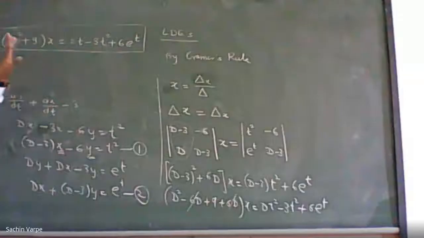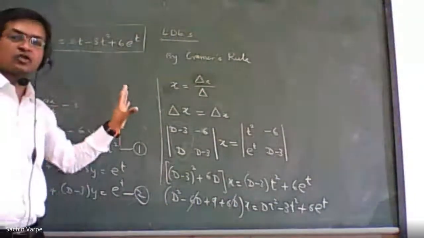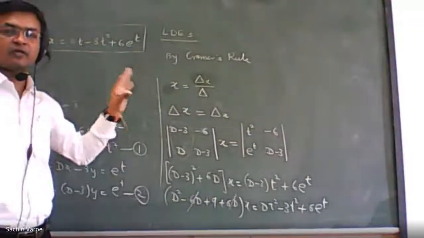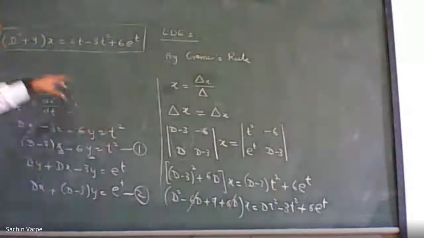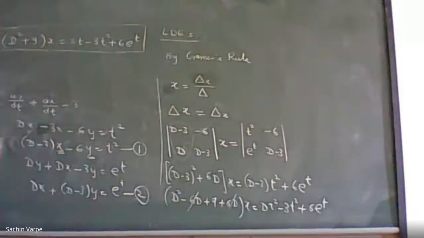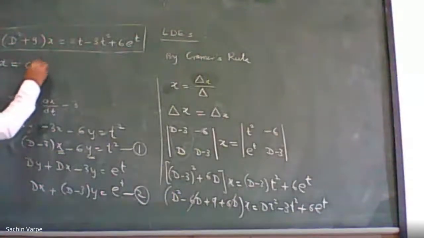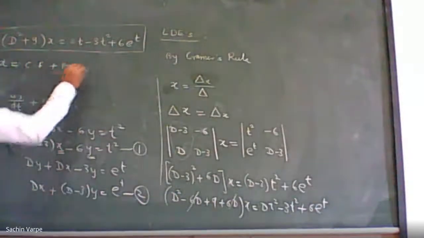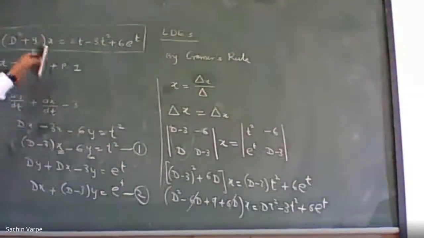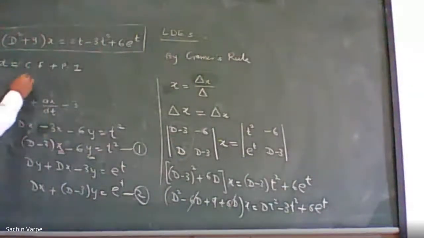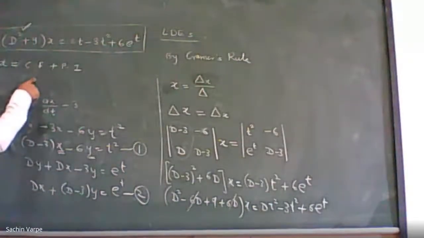Value of dependent variable. Always remember, I have told you many times that the solution of a differential equation is the value of the dependent variable involved in the differential equation. So always remember, here the dependent variable is x. So its solution will be the value of x in terms of t. That will be CF plus PI. All right, so get CF and PI of this differential equation. As it is second order, you'll get two arbitrary constants here, C1 and C2, and PI.